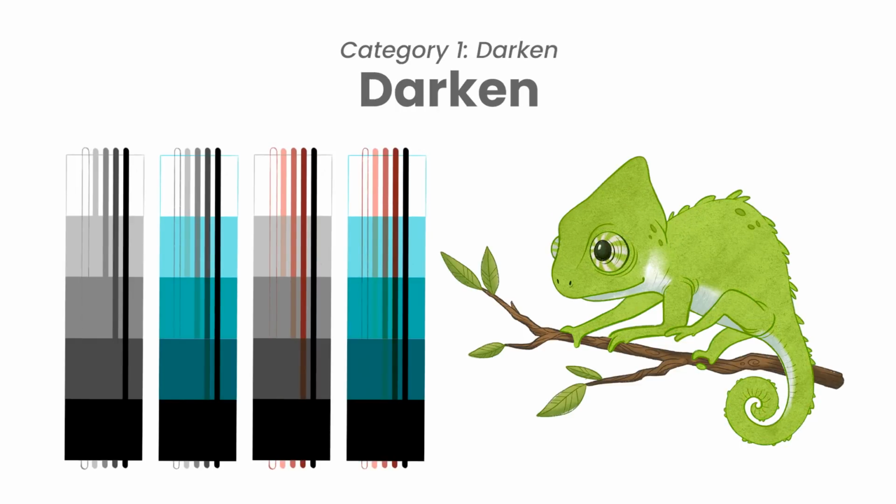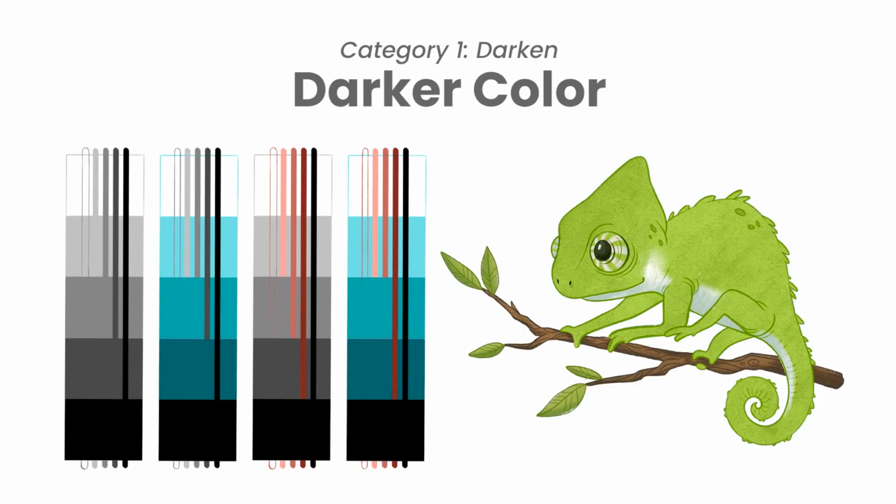Now, darken is a bit weird because it doesn't blend the color, it just compares them and keeps only the darkest. So you can see that happen very, very clearly in the color charts as well as on the chameleon. The shadows are only showing on the light part, so the belly, and not on the green that is a bit darker. Darker color does work similarly to darken in the sense that it's not blending the colors, it's just comparing them and keeping the darkest ones.